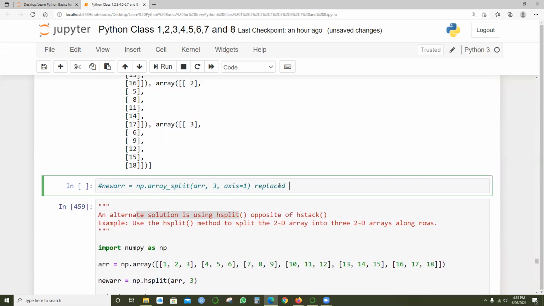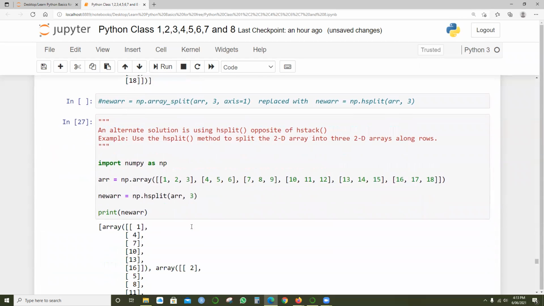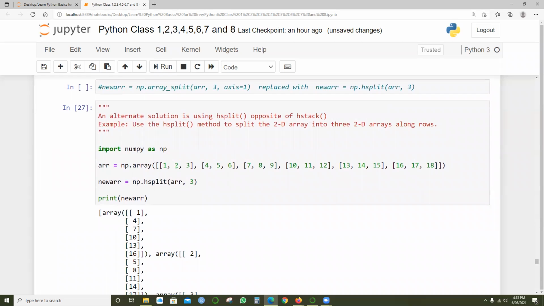So what we are trying to replace, and the values will be the same. There is no difference. Same one, all the first elements 1, 4, 7, 10, 13, 16.